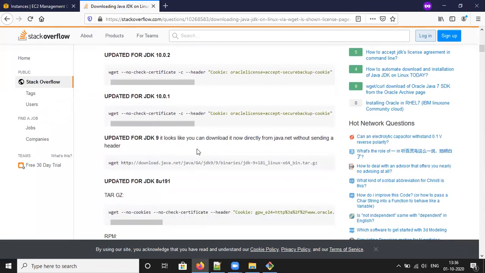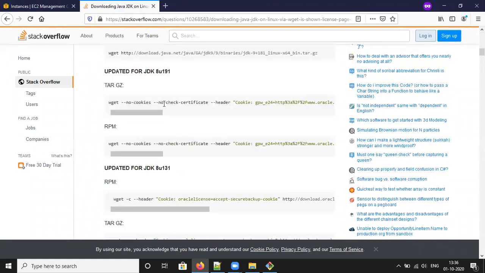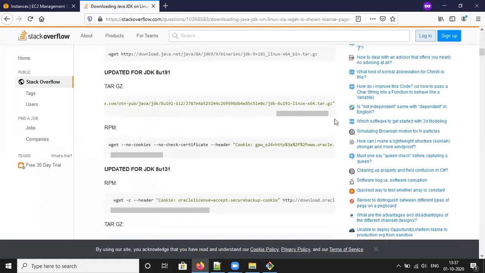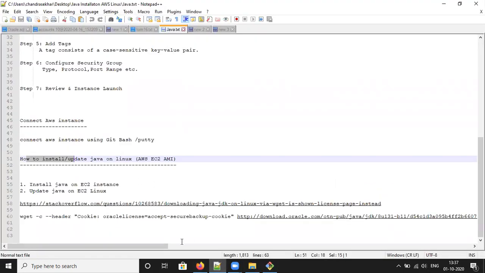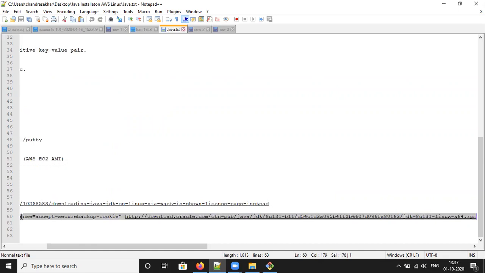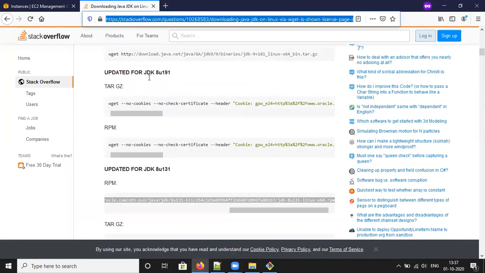All the versions are almost similar. I am taking this RPM version, JDK 13, and copy it, pasting into your local folder. Copied. For your reference, I am copying the URL also.